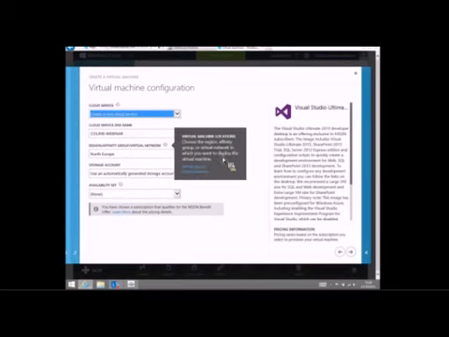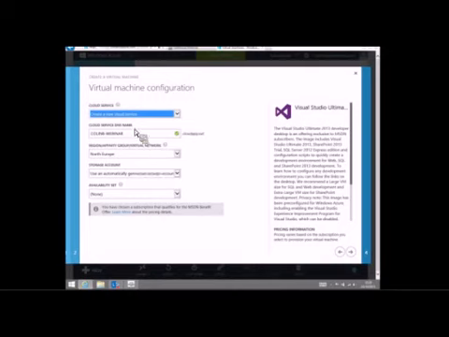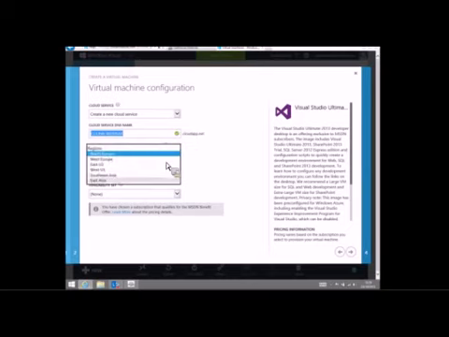On the next part of configuration, we get to select a logical cloud service that this will sit within. We get a name in DNS for my particular machine, and I get to specify where in the globe, or which of my regional data centers, I want this to go. As I'm sat in North Europe, I'm going to deploy my machines there. But you can see that geographically I can put my machines in different locations, different data centers around the globe. It will automatically select a storage account for me to put this in.